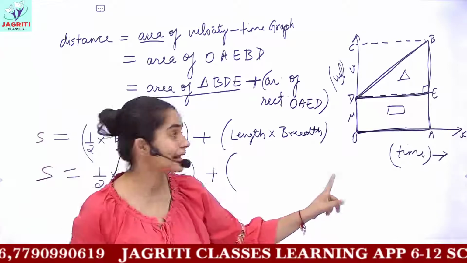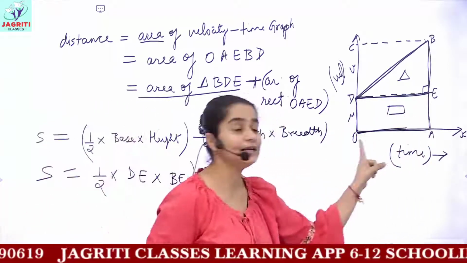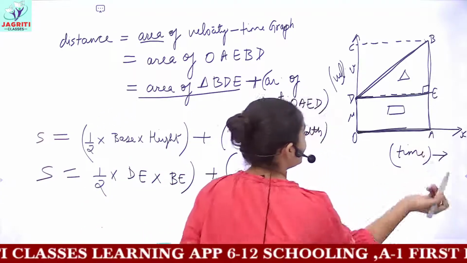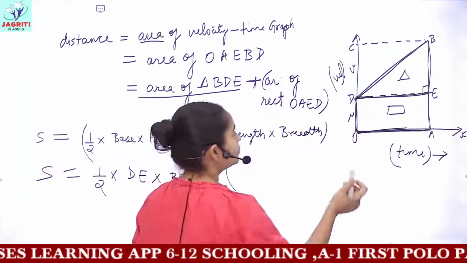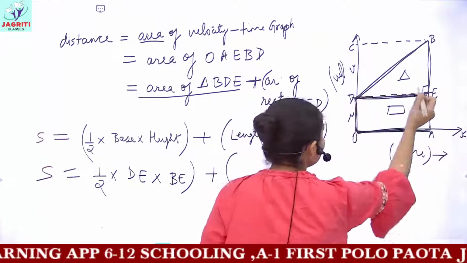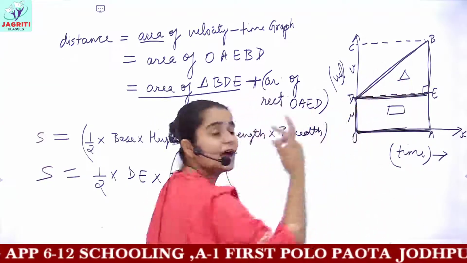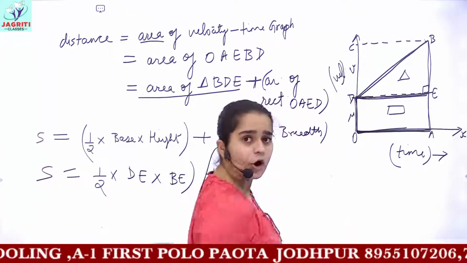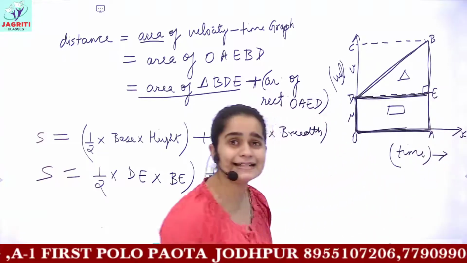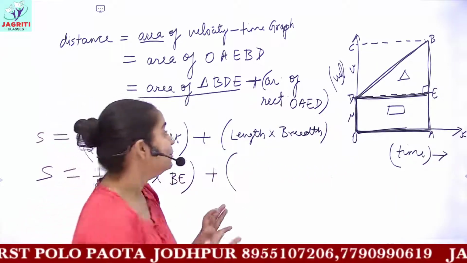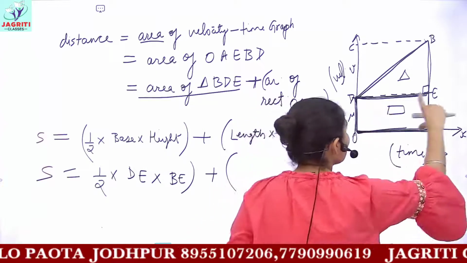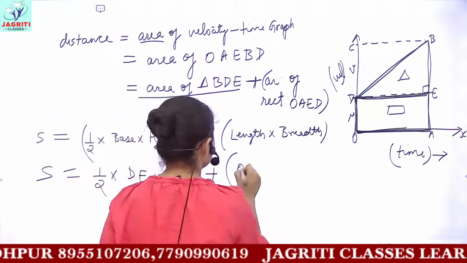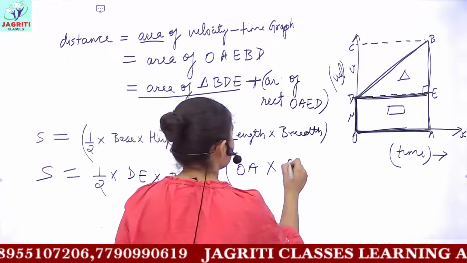Now consider the rectangle OAED. This rectangle, if you see, we have to do length into breadth. The length is OA and breadth is OD. Either you can take the length OA or you can take DE, because OA and DE have the same values. For breadth also, you can write breadth is OD, or you can also say the breadth of this rectangle is AE. There is no problem in this, because the value of OD is exactly equal to the value of AE here. So length, if I am writing OA, and breadth I'll write AE.